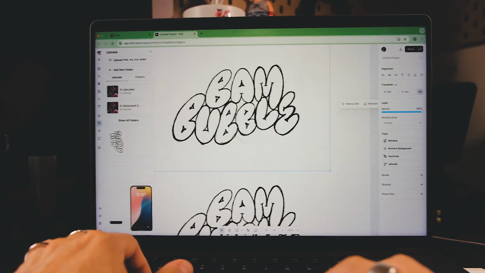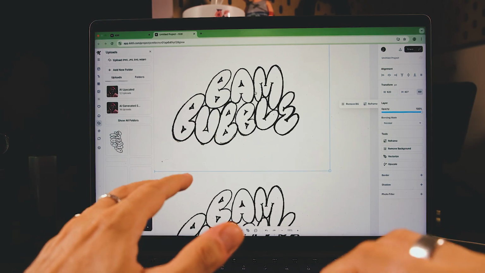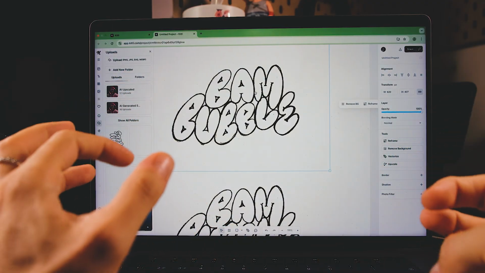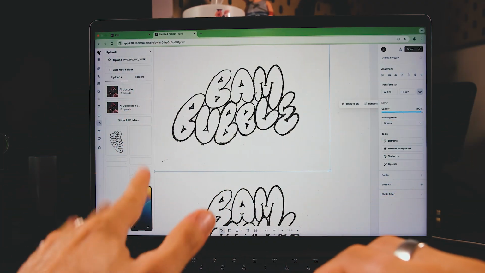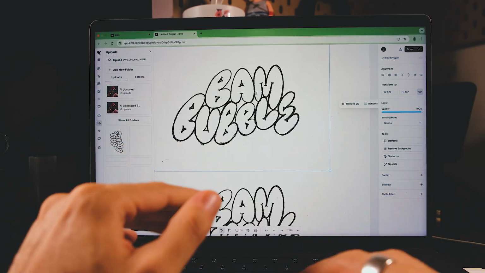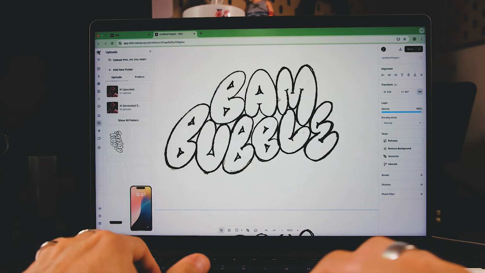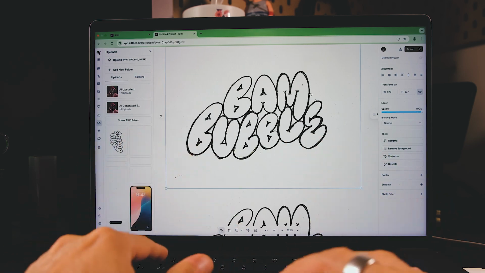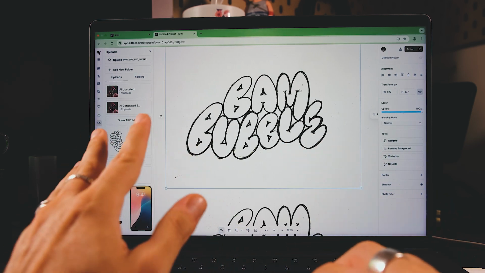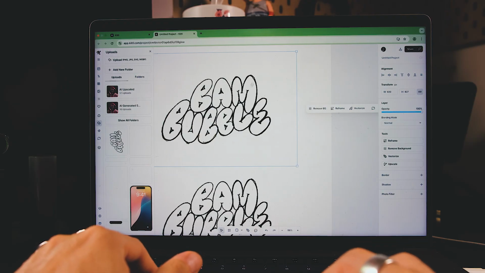You're gonna see that for this case here it's better if you do some rough lettering that is filled up instead of lines, because then you're gonna get that rough feeling. But I wanted to show you anyways the possibilities that you have using Kittl if you want something raw as well, something that just shows the imperfections and all that. Now, this wouldn't be the style that I would go for,